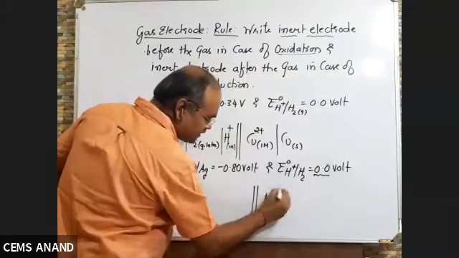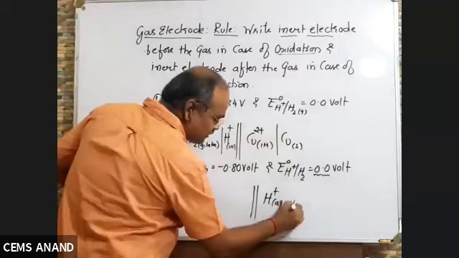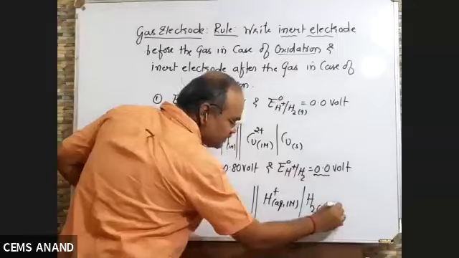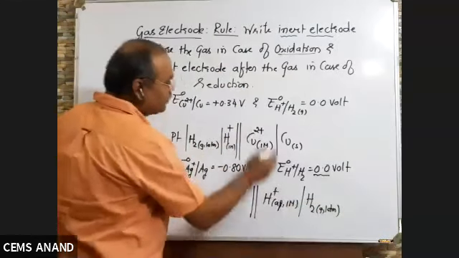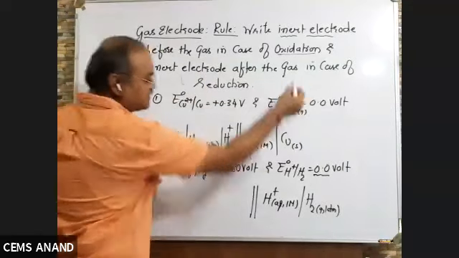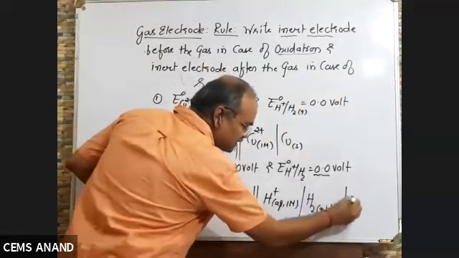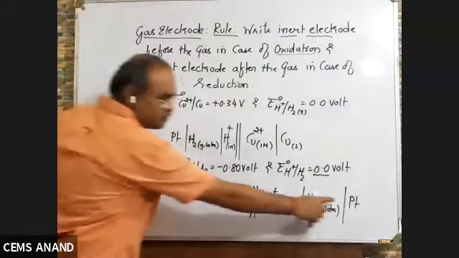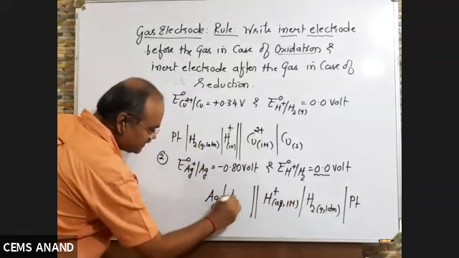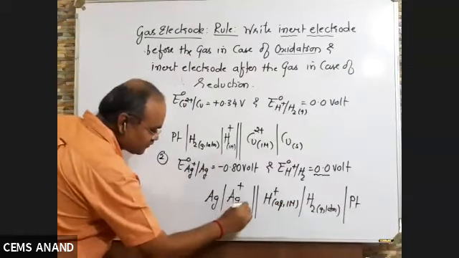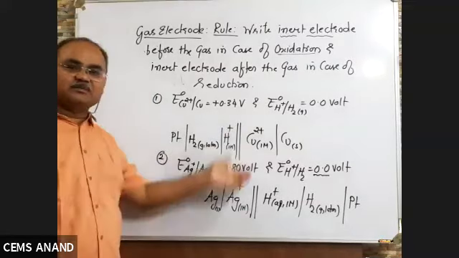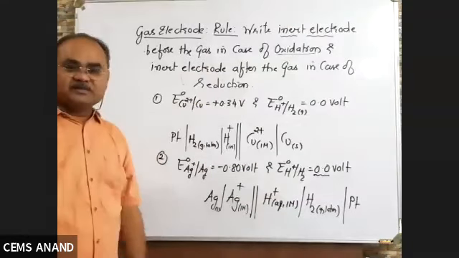So here I have to write H plus aqueous 1 molar oblique H2 gas, 1 atmosphere. Yeah, 1 bar, right? But I told you, in case of reduction, you have to write inert electrode after the gas. So here is your gas. After that, you have to write here platinum. So this is important. While here you can write Ag oblique Ag plus 1 molar and solid. So these two examples are enough for the representation of a gas electrode.